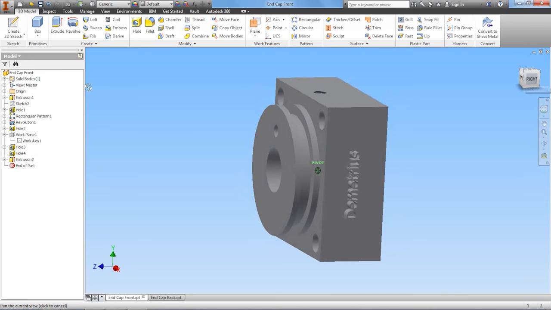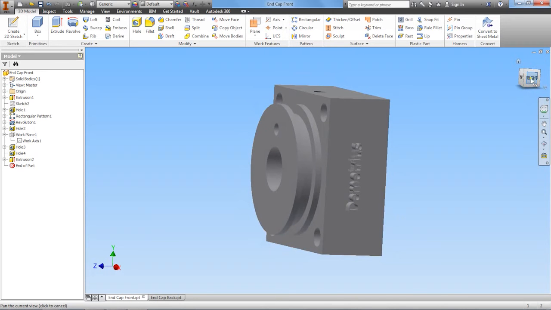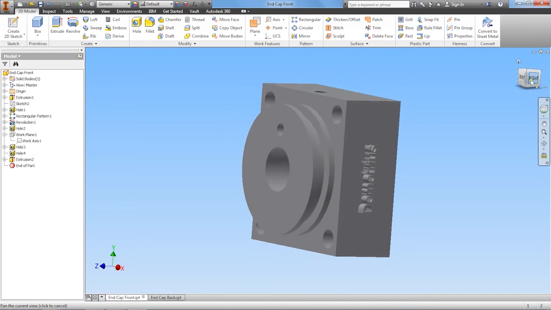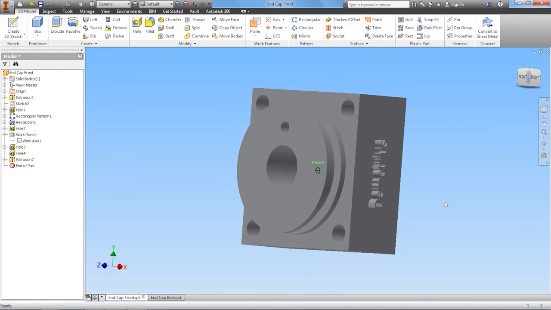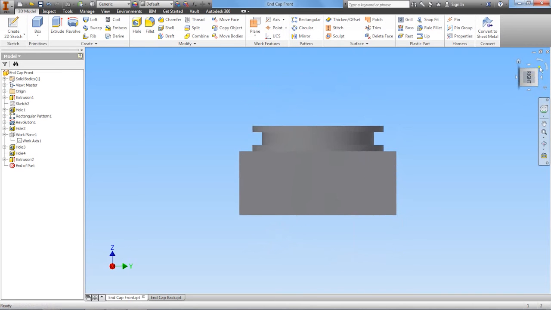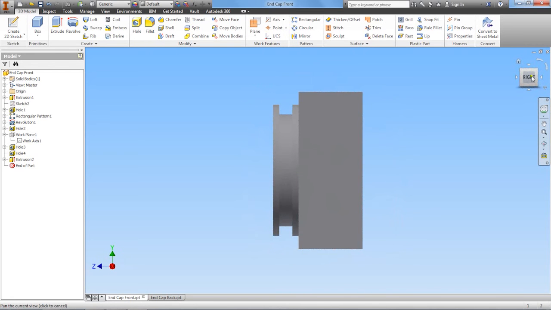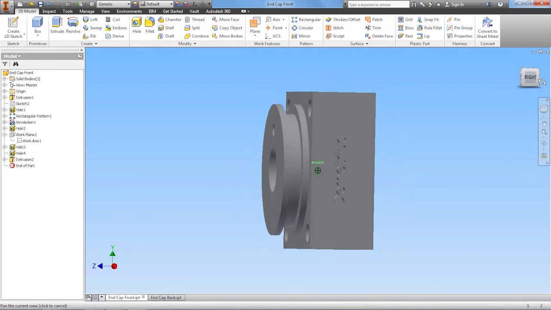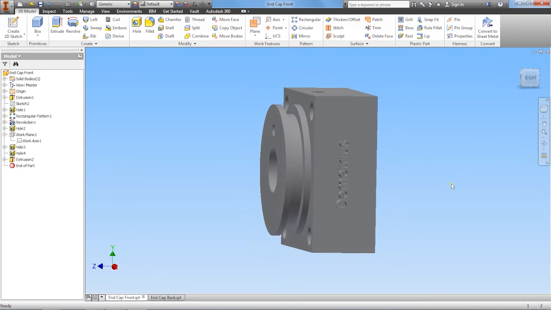Now if I was to go print this out on a 3D printer or cut this out on the mill, you obviously would be able to see this sticking out. But as far as this picture, if I'm trying to show somebody something, you can't see it, right? So one of the things that you can do to make this really stand out is come over here